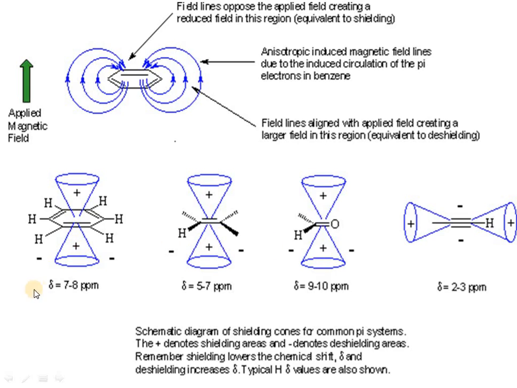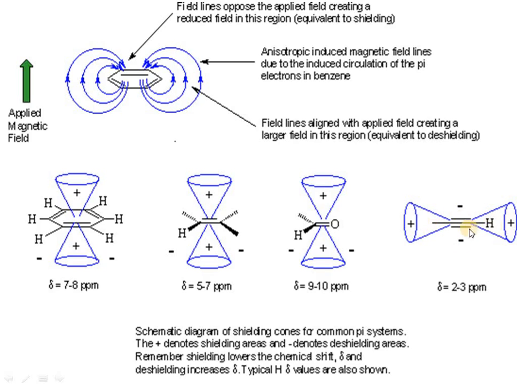So these examples we have done in detail in the shielding and deshielding mechanism. In alkyne, or in general, the region with a positive sign is a shielded region, and the region with a negative sign is a deshielded region. It is a shielded region, this is a deshielded region. And similarly, this is a plus sign, shielded, and this is deshielded, and this is shielded and this is deshielded, and these protons are present in the shielded region and this is unshielded.